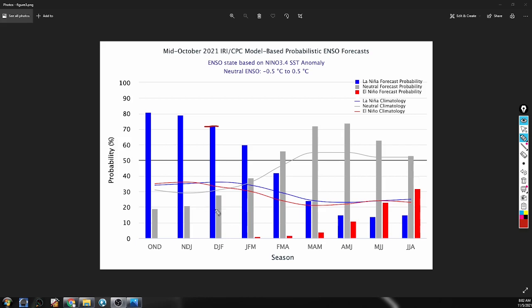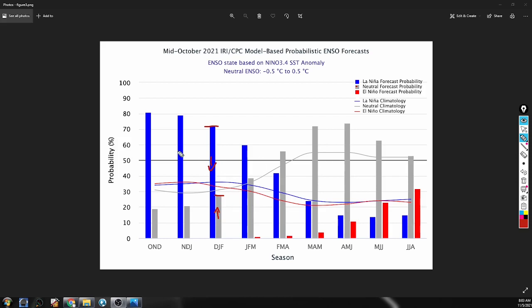Now we do take a look over here. We do have another bar. This actually stands for the neutral, so pretty much that negative 0.5 to that 0.5 mark. So between that margin that we just saw on the last slide, we have a higher chance now of that being here. So it's around a 26-27% chance over here. So that's basically what we're expecting. This is actually trending upwards, the neutral for this winter. And pretty much we do have the La Nina trending down a bit.